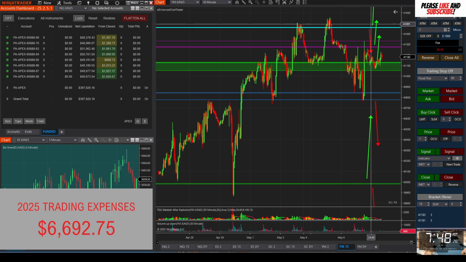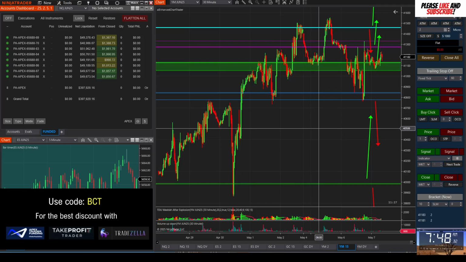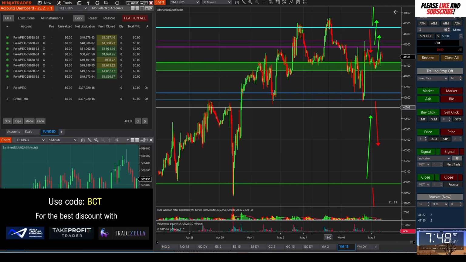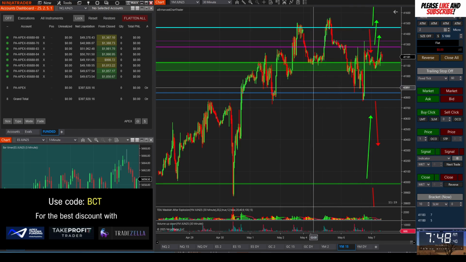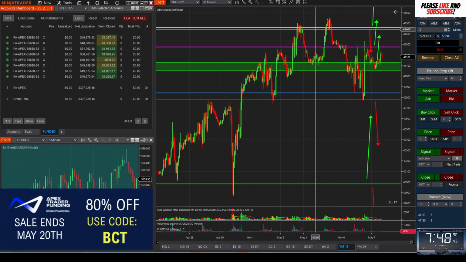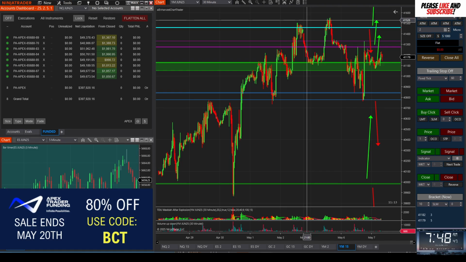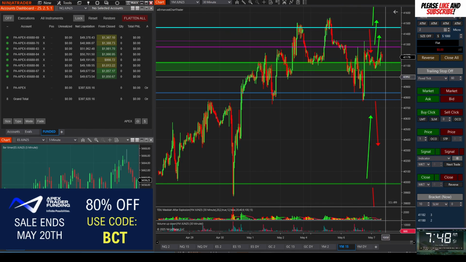And I would potentially take a long off of it if we get a break and retest above it and everything else on the other markets is looking strong. I would also potentially fade the 50 today if that sets up. Again, we've kind of double topped here almost around the 41,500s, 550s. So that is a potential for a fade if that sets up.